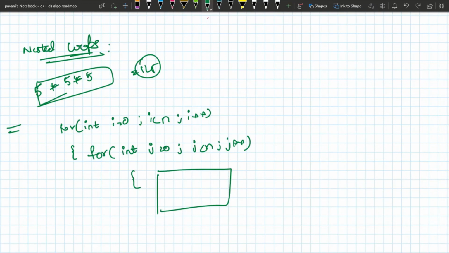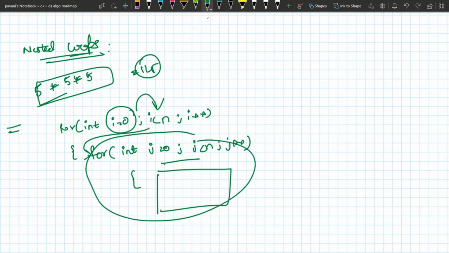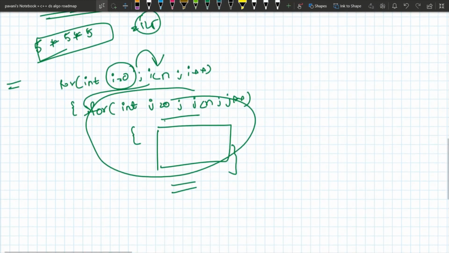In the first iteration, first i is initialized, the condition is checked, and after that it enters the inner loop, and in the inner loop also it checks the condition, and this loop works like a fundamental loop. After that, it exits this loop, and the code written in the outer loop is also executed.